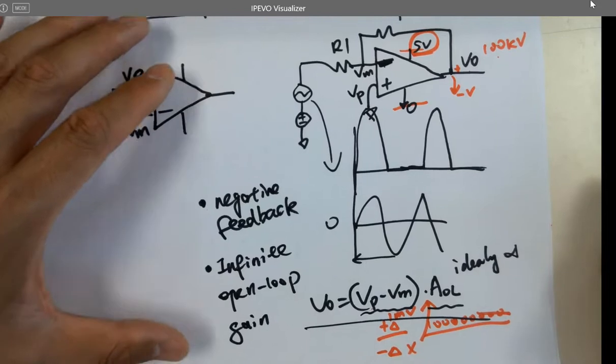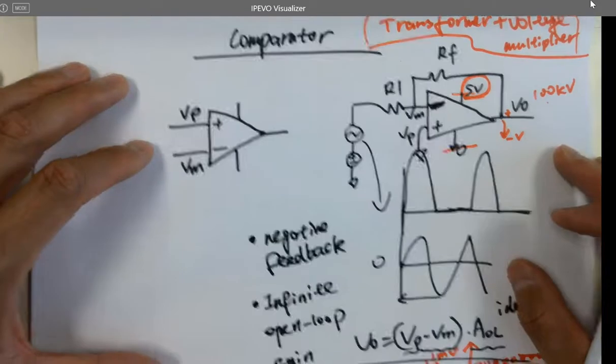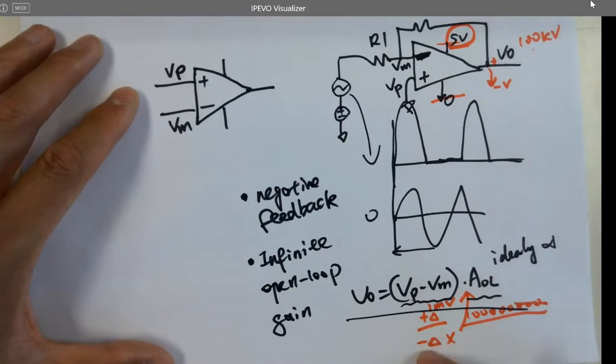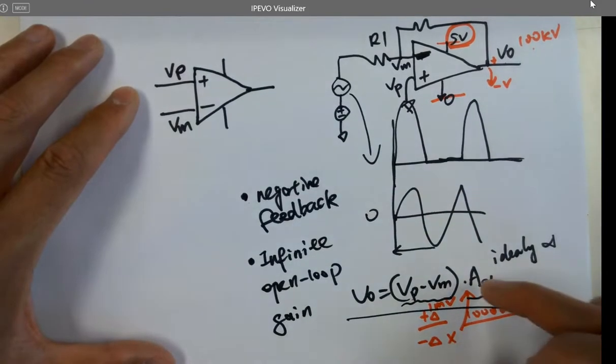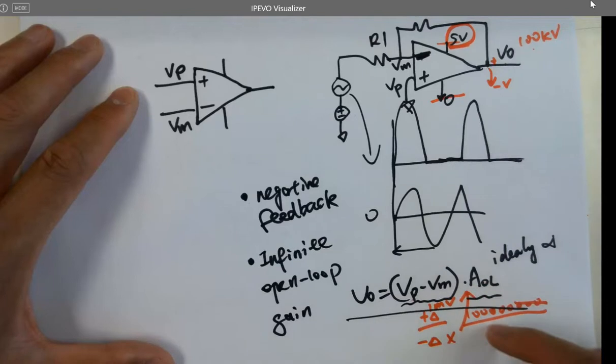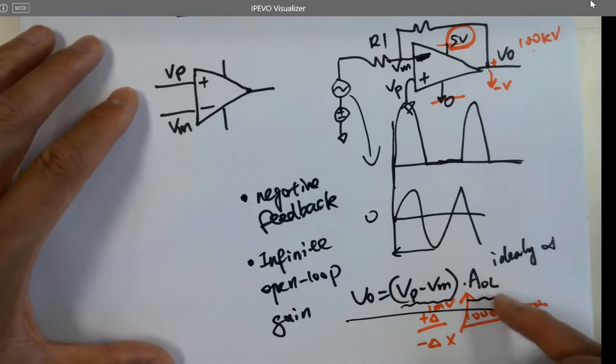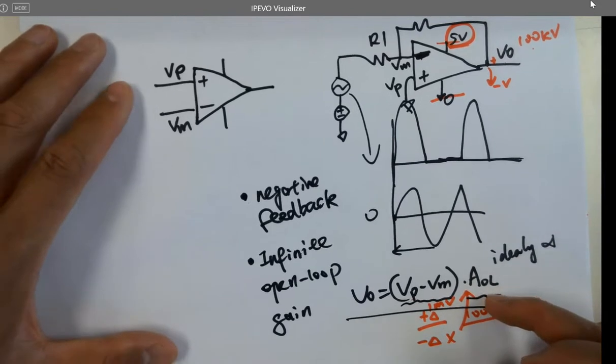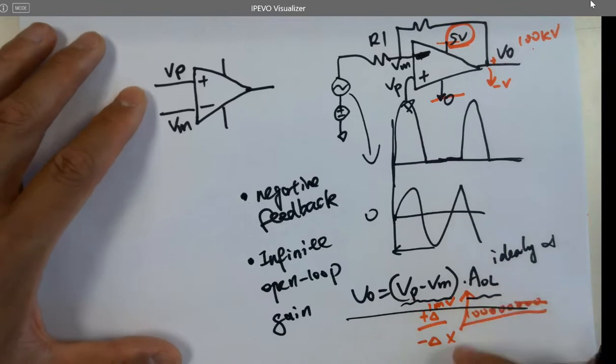Infinite open loop gain. Because the difference times the open loop gain here is infinite ideally. Even though it's not infinite, it's also very huge. Even if you just buy a 50 cent OpAmp, it's still like 1 million or something. Okay, so the open loop gain is huge,